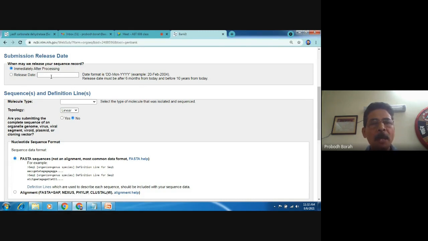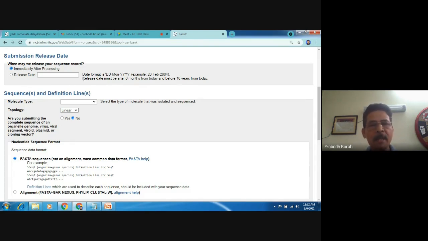If you want to provide a deadline, normally you must provide at least 6 months before the deadline. The sequence has to be submitted at least 6 months before the deadline that you have already fixed for publication of the data.